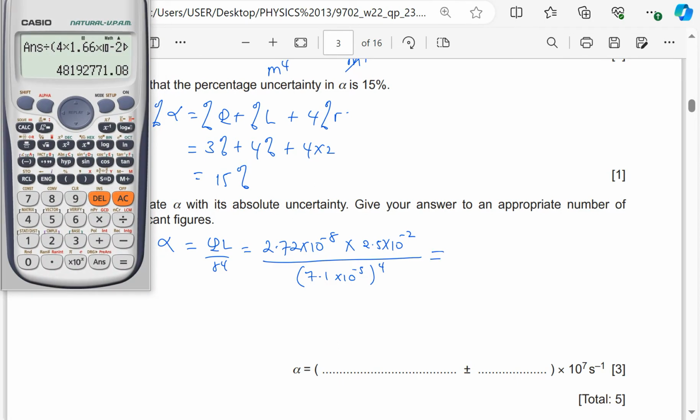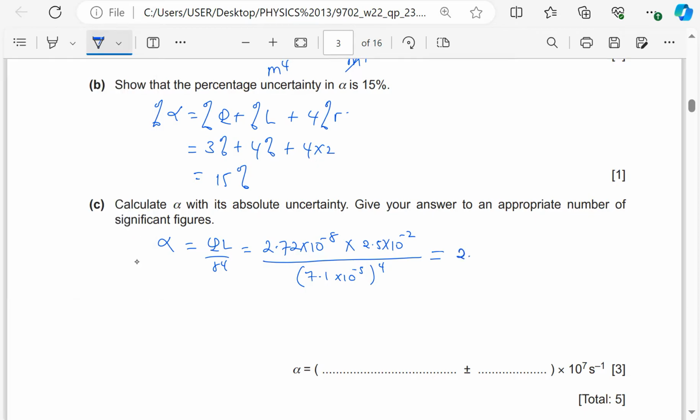Then I'll just check my calculator. 2.72 exponent minus 8 times 2.5 exponent minus 2 divided by 7.1 exponent minus 5, and I'll raise this to power 4. So this is giving me